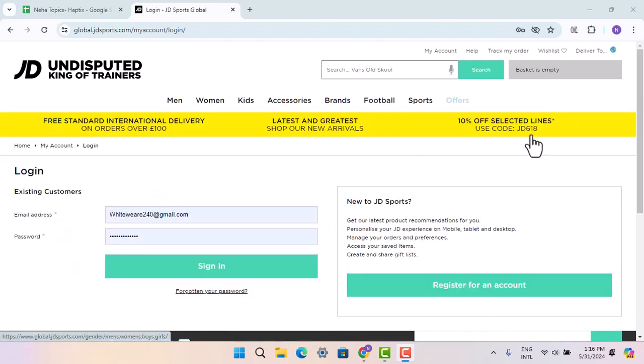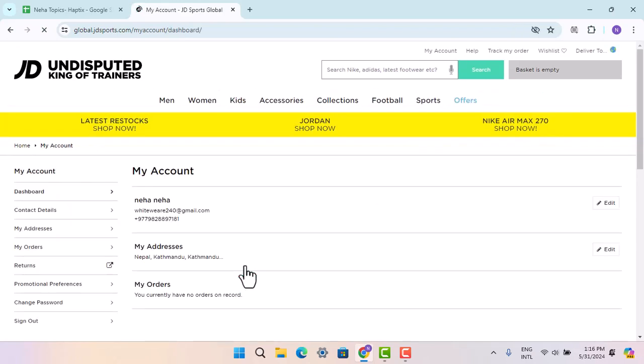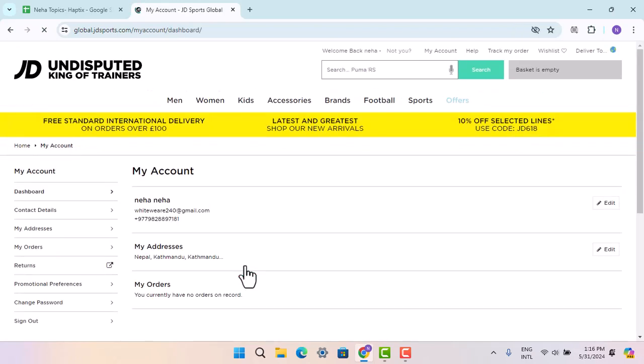So first thing you need to do is go ahead and log into your account. When you're logged into your account, that's going to take you to the home page. So from the home page, in order to navigate, you need